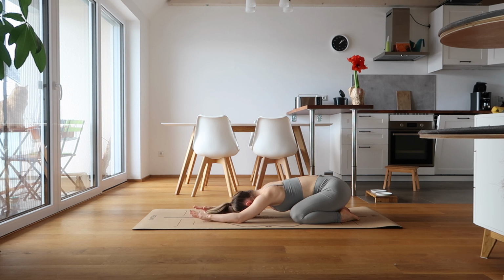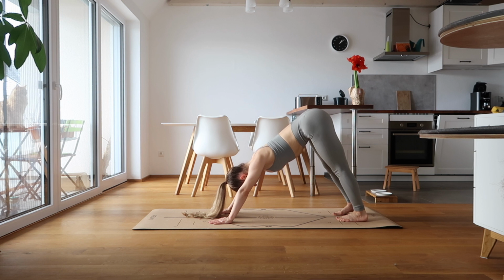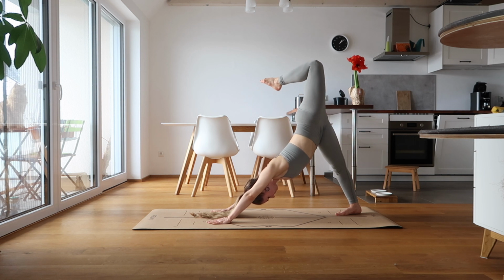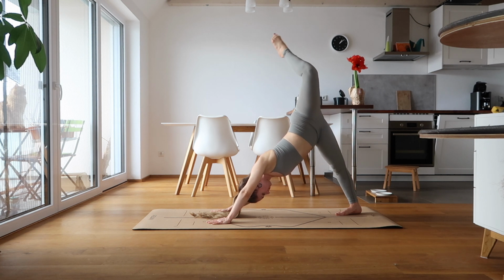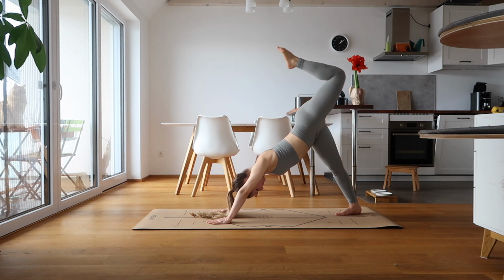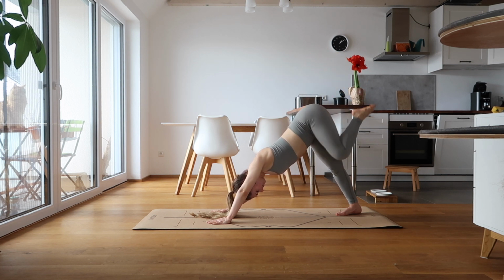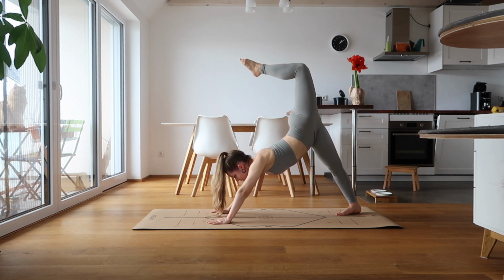And let's just release the hands and the arms, and we'll come back into our downward facing dog, nice and slow, flexing the feet and stretching the legs. And we're going to lift one leg up, keeping it bent in this three-legged dog. Hips are square, and we're going to make nice little circles around, as wide as we can, just warming up this nice hip joint. Good, and let's just hold here,